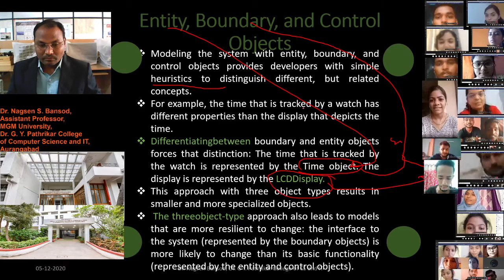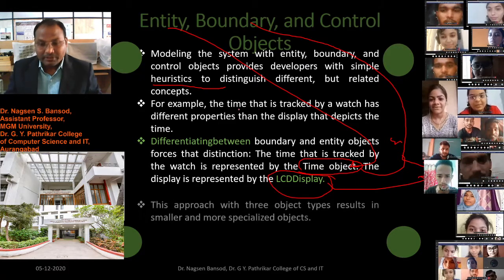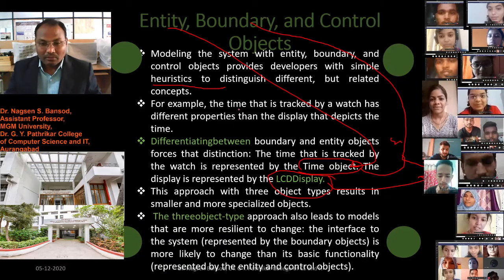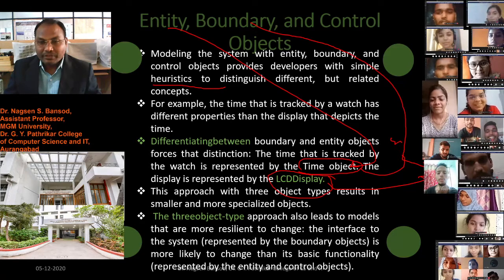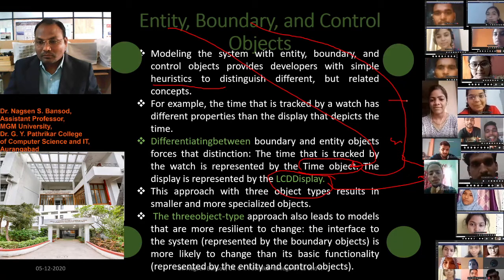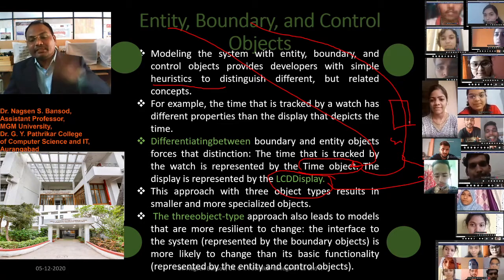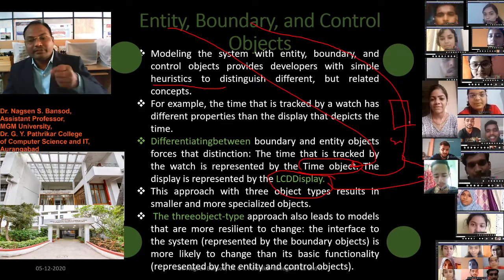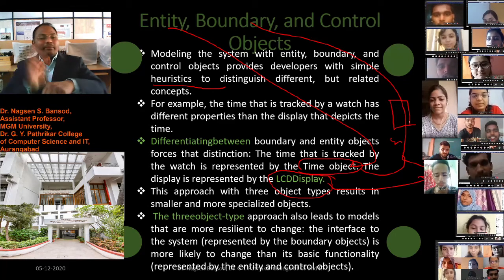You see, suppose we have an interface to change the time. As we are using a satellite watch, the name itself is satellite watch.